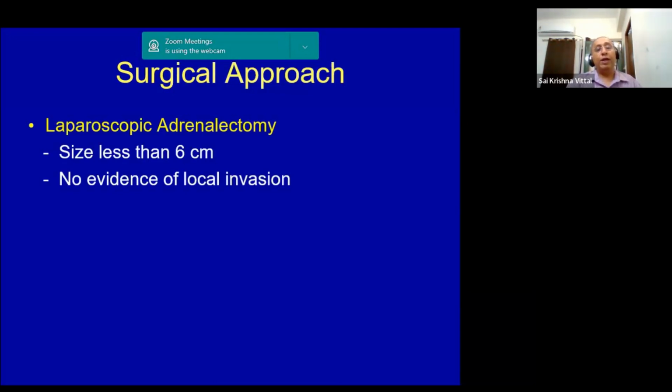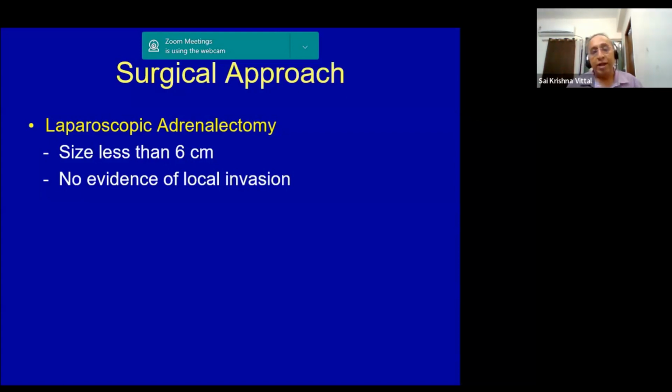Laparoscopic adrenalectomy is advocated. When I mean laparoscopic adrenalectomy, I also include the entity of retroperitoneal adrenalectomy for incidentalomas of size less than 6 centimeter. What is the sanctity of the 6 centimeter? Even if the incidentaloma is malignant, it is presumed that we can remove the adrenal mass without rupture of the tumor capsule if the size is less than 6 centimeter. Because if it ruptures, there's always that risk of tumor seeding and recurrence.